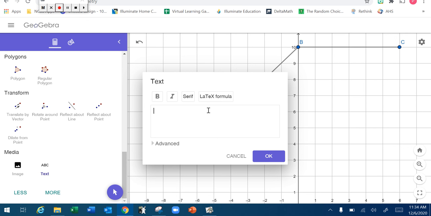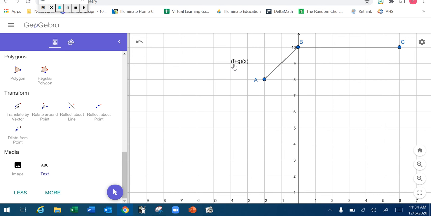You could have put this on the same grid, guys. F plus G of X. And there you go. You could have put this on the same grid. And then if you want to keep going to get more of the graph, you just keep that table going. And then we're done